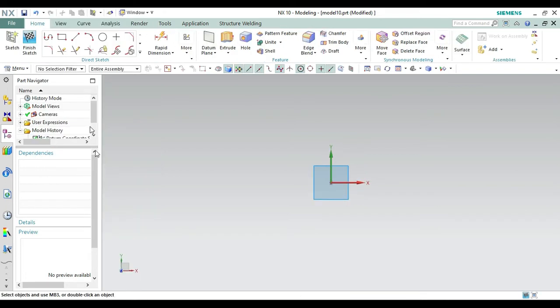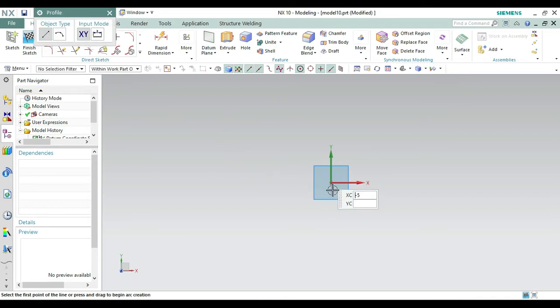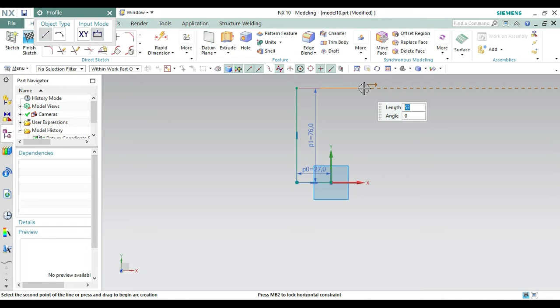Now for making the 2D profile, select the profile command from here, and the object size should be line. Taking this as the origin point, make a length of 27 and the angle should be 180. Okay, and make it okay. Now go above and the length should be 75, so the angle should be 90. Now with the angle of 0 we have to make a line of length 37.5.